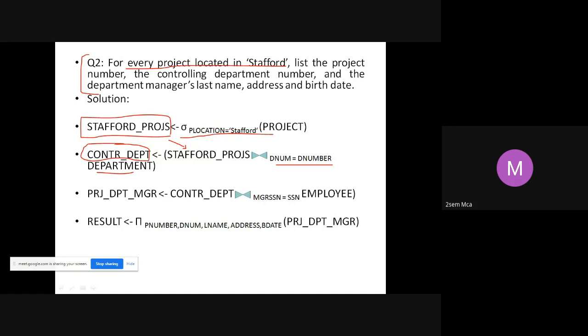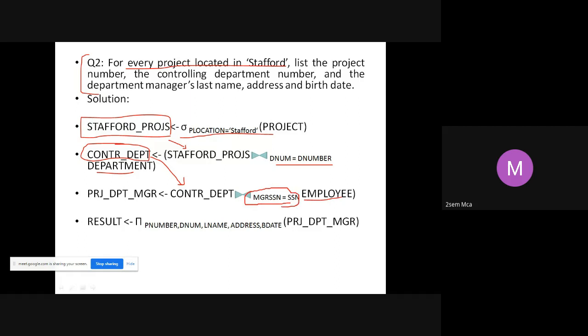Now, once I know which department is controlling the project, I can always find out who is the manager of that particular department. So I'll use this table again. What is this table containing? It contains all the projects at Stafford and which department is controlling that project. That much information is there in control department. I will apply a join between that and employee to find out who is the manager.